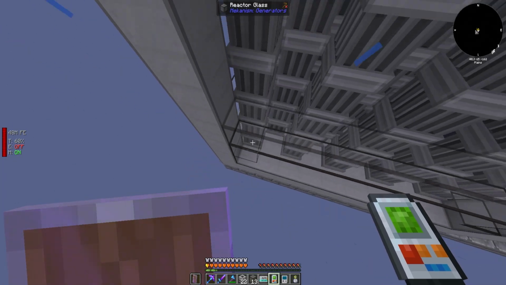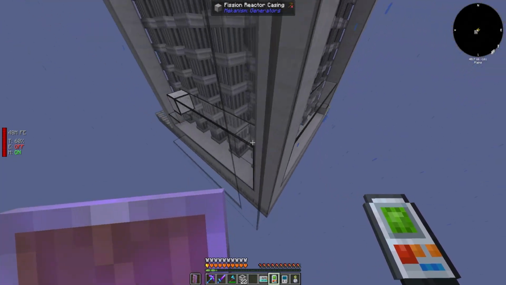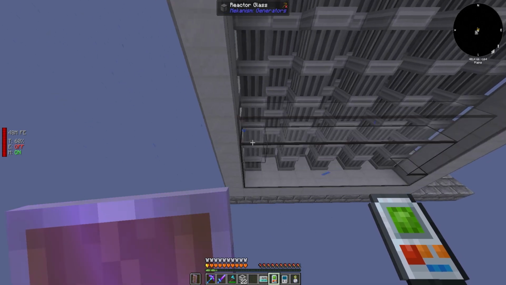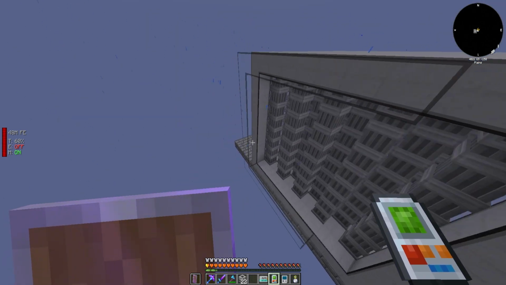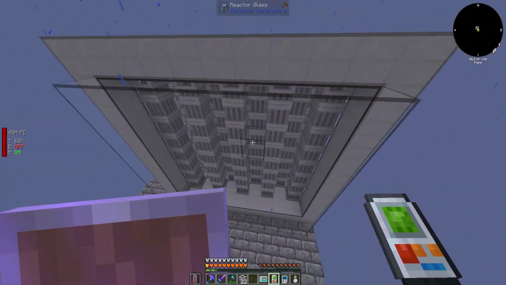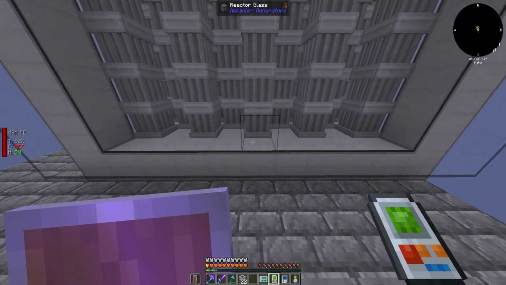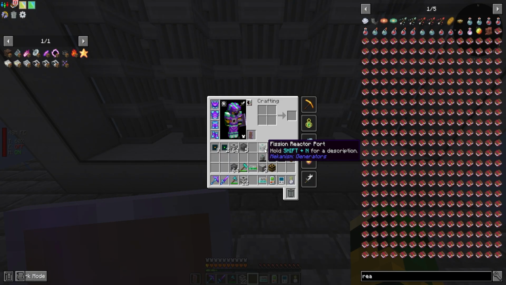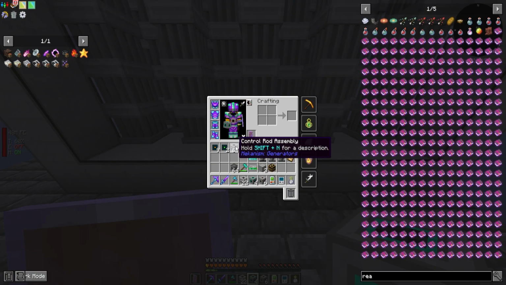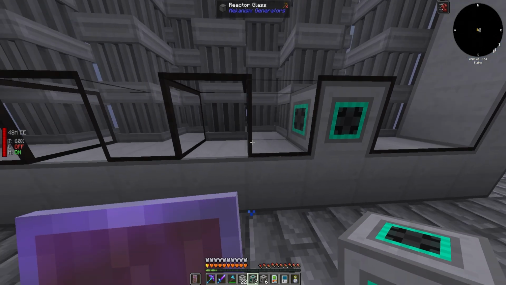Here we go. Is it working? I think it's working. Is it going all the way around? No, not quite, but that's okay. No. Undo. All right, we didn't get the particle effects, but I think that's because I don't have the controllers and everything in it. Yeah, I think so. Let's see, what do we got here? We got the fusion reactor ports. We got the logic adapter, and isn't there supposed to be a controller also? All right, we'll check it here in just a minute.